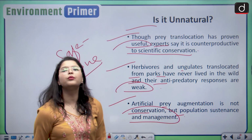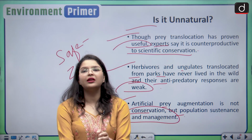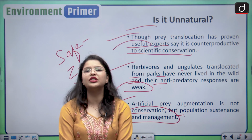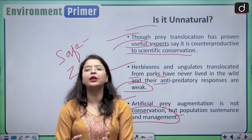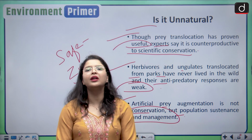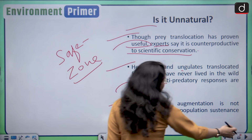Artificial prey augmentation is not conservation but population sustenance and management. So this is a point which the critics and the scientists are raising, that you are trying to create an artificial prey base, but it is not conservation. You are just making the natural habitats of the animals different. You are breeding them in captivity, and definitely you are decreasing their natural strength. Moving forward,